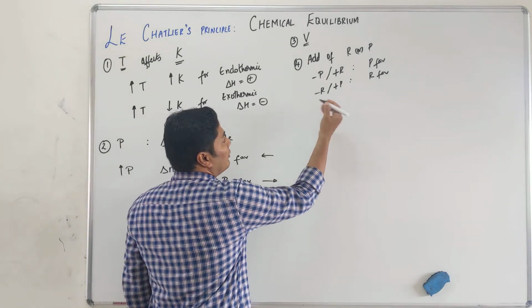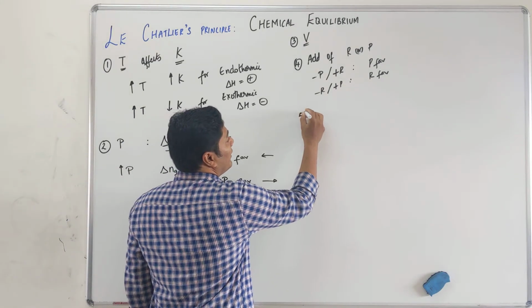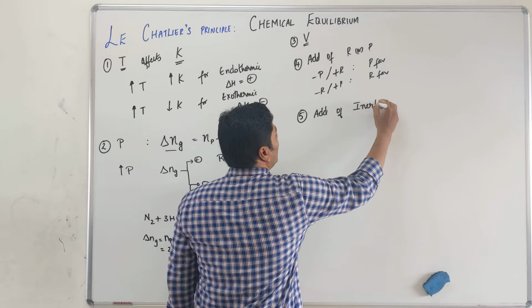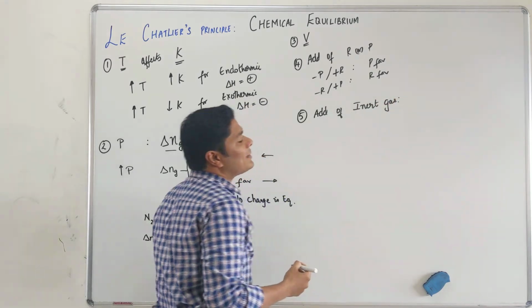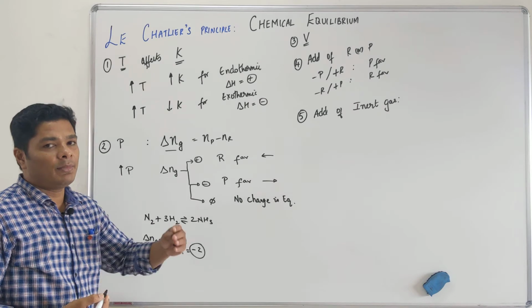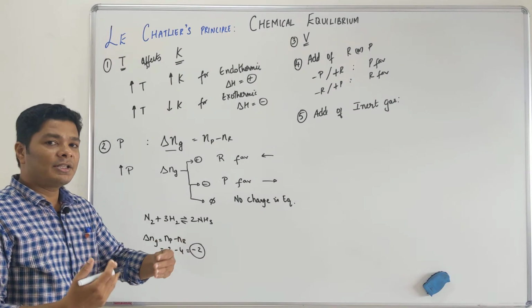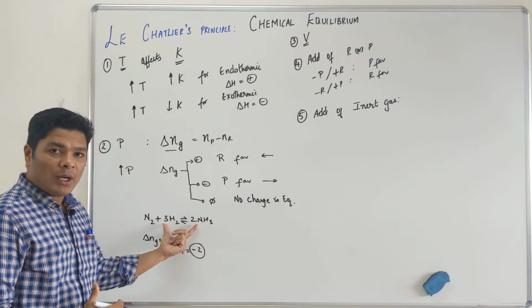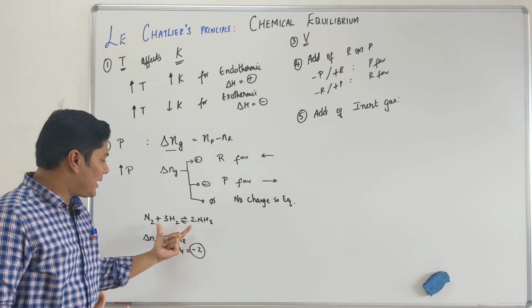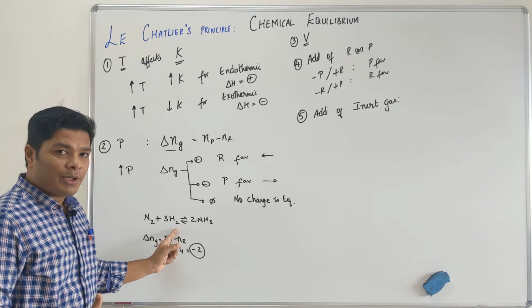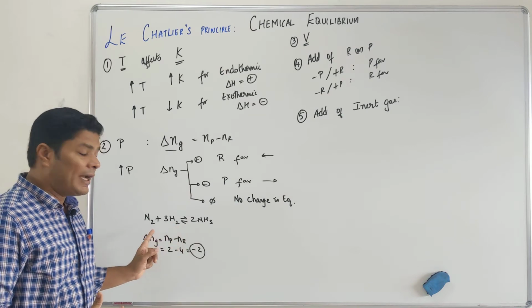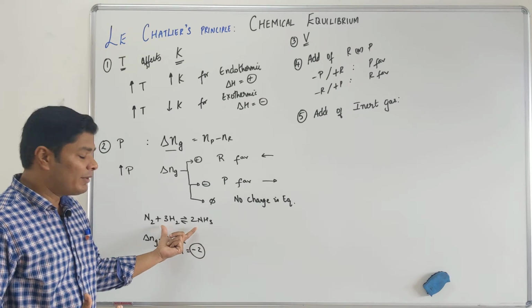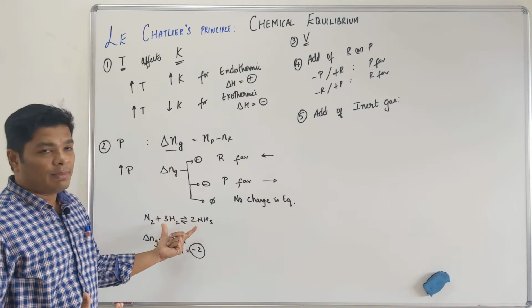Now that we have seen addition of reactant or product, we can also look at addition of inert gas. Inert gas doesn't necessarily mean noble gases like helium and argon. An inert gas is something that is inert to a given reaction. In the Haber process, I cannot add oxygen because this is done under elevated temperature, and oxygen might react with your hydrogen or nitrogen, so we don't want that. But let's say I add carbon dioxide, it might not react with any of them. So what happens when I add something like this?